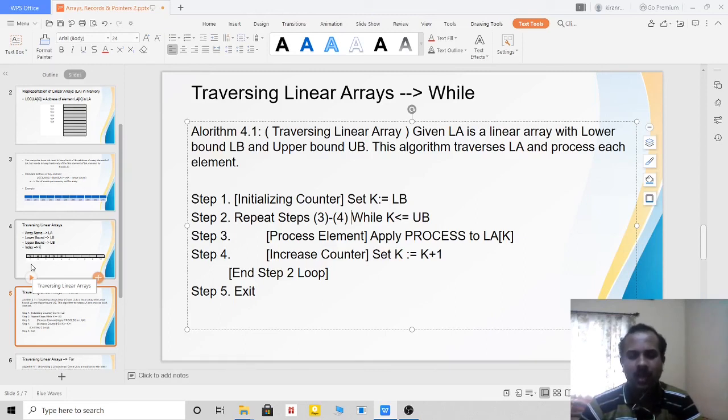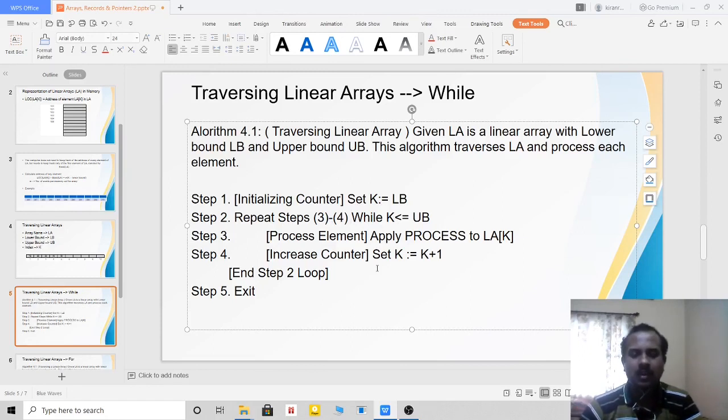While coming to while, they are considered separately: step 1 is initialization, step 2 is condition and step 4 is incrementation or decrementation.